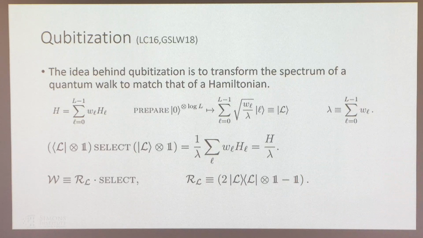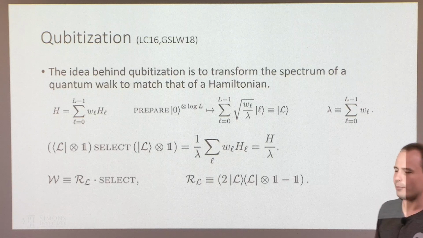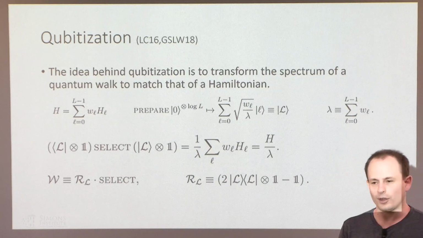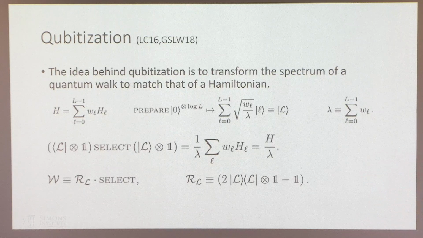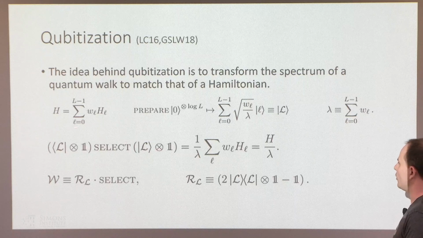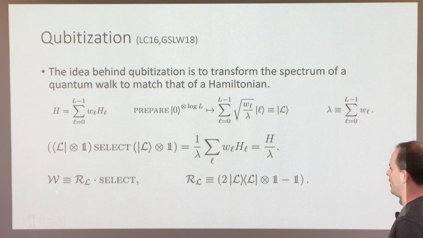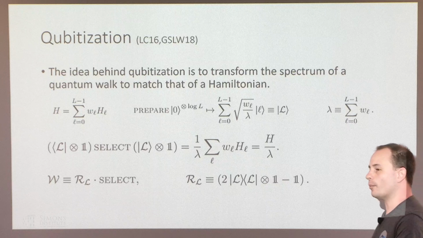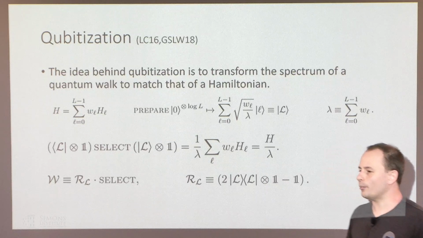So the idea is that for one part of that proof, you need to show that for every Hamiltonian, there ends up existing a quantum walk for it. And so one way you can do this is by constructing a walk operator, W as I call it over here, which ends up basically being equivalent up to an isometry to the original Hamiltonian that you want